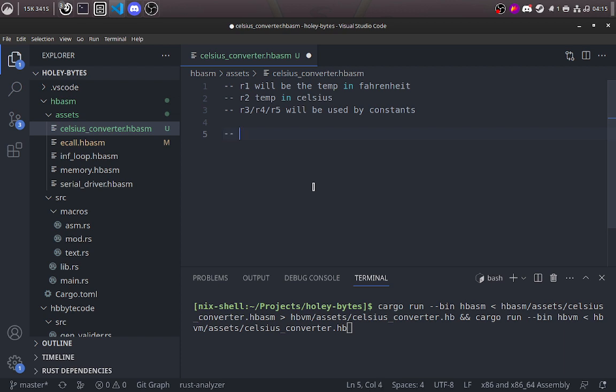and the formula for calculating is F minus 32.0 times 5.0 divided by 9.0. We will not be using floating point numbers, so I'm going to